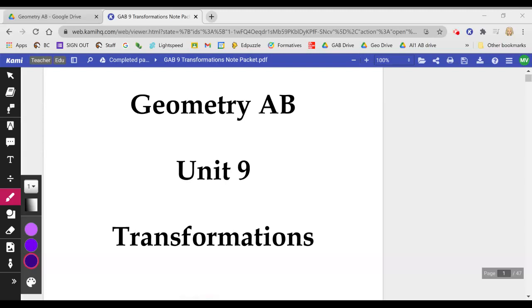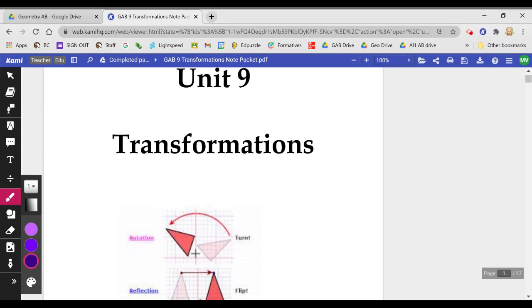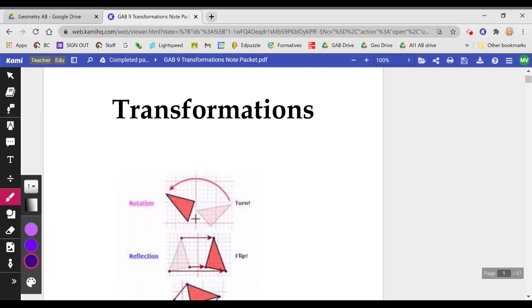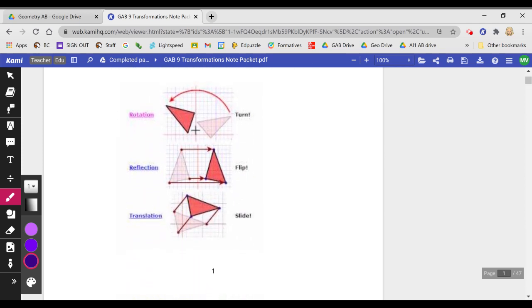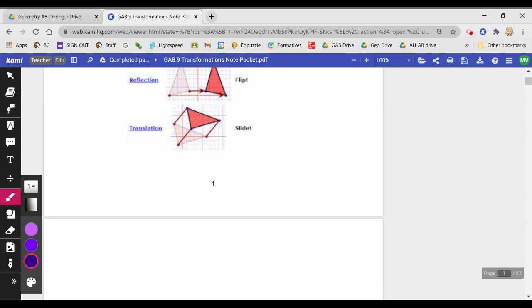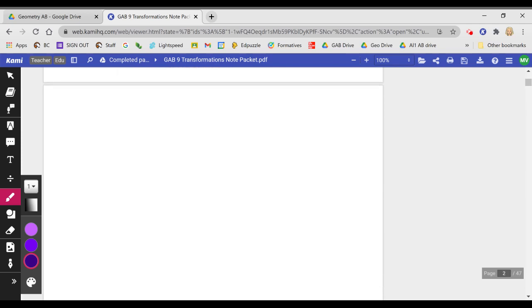Hello, everyone. Today we are starting Unit 9, Transformations. So our study of transformations is going to include rotations, which is a turn, reflections, which are a flip, and translations, which are a slide. We're also going to do dilations. So starting on page 3,